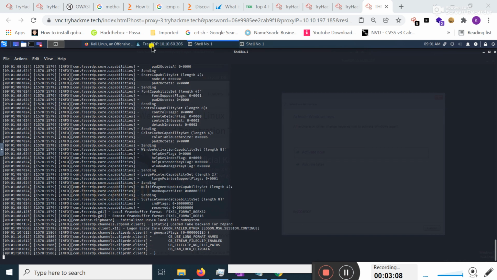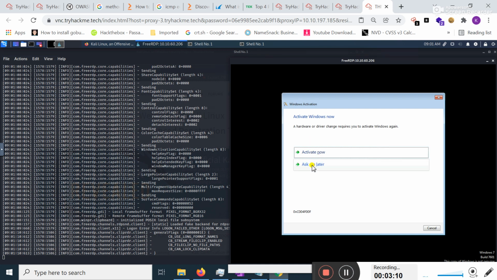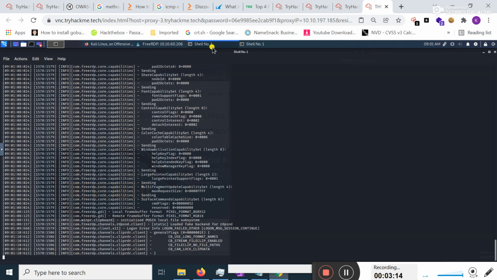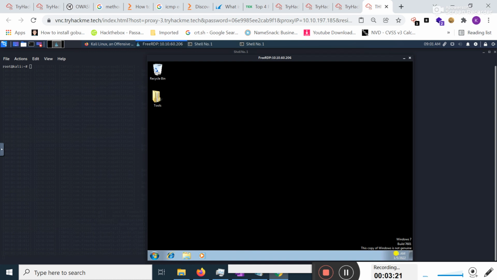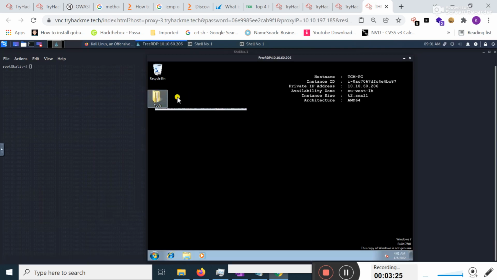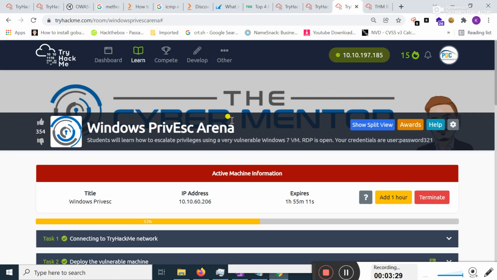Okay students, in this way you can actually create an RDP session with your target machine by using this command. Right now I have successfully connected by RDP to my target machine. The target machine is Windows 7. Here you can see Windows 7 is present, and all the necessary tools that you actually need are stored here in this place.